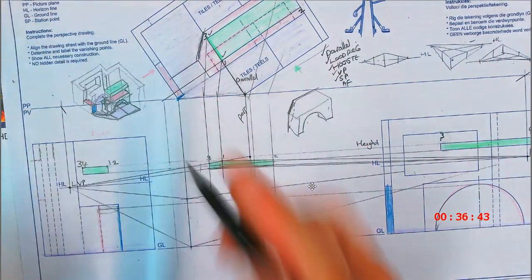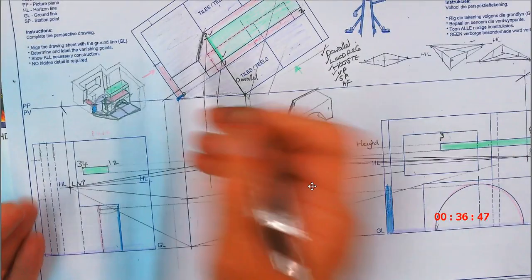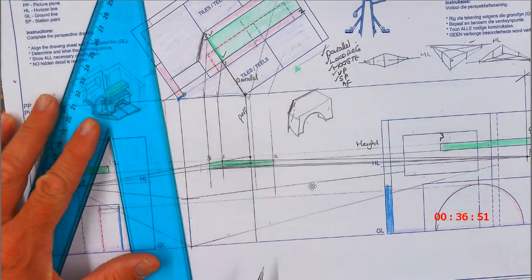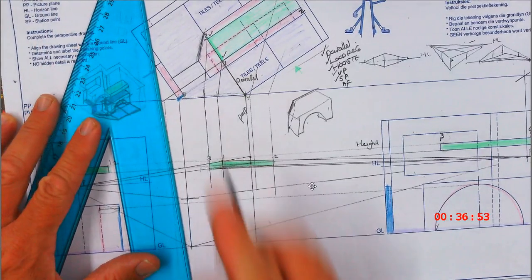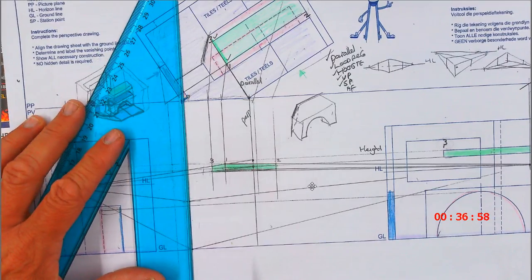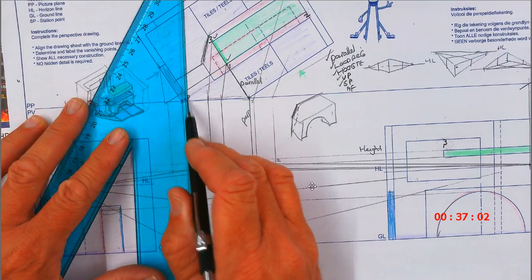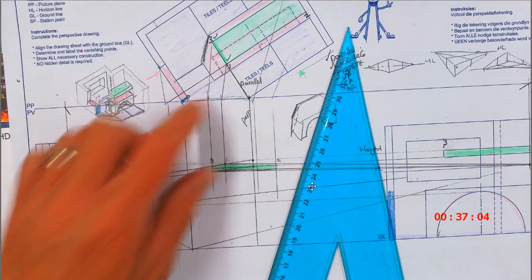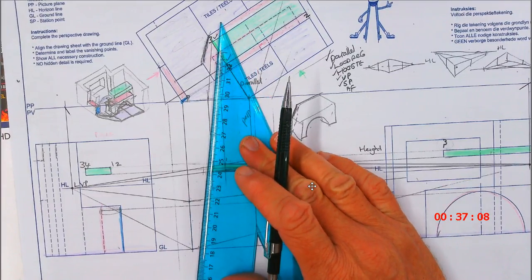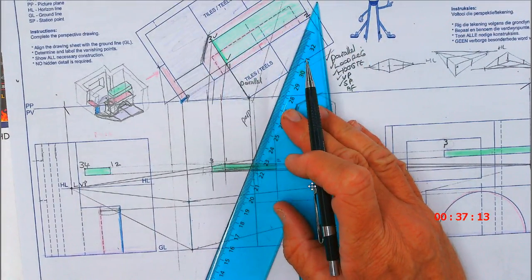And once again, parallel, perpendicular, bring the height across, take it to my vanishing points, check the point here, take it to the standing point. Now what I'm going to do is take that point, and this point, to my standing point. There's more that I can do, but I'm going to do those two first. So take it to my standing point, up to the picture plane. I'm going to do the same with that one. You can do multiple ones if you really want to save some time. This is on the same line, so I can even bring this across, and I can also bring that one across.